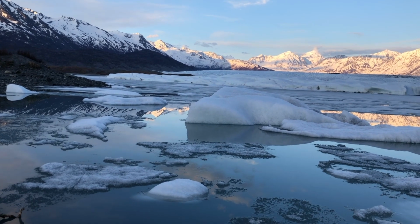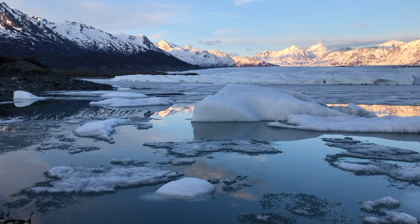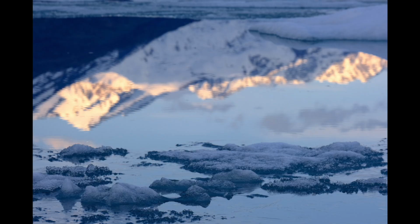And so I'm going to see what I can do with those. I'm going to put a long lens on, put that 55-200 on, and see what I can do with that. So as you can see, I isolated these little ice chunks, these little tiny icebergs, in front of the reflected mountains. I started with Velvia to give me nice, rich, bold colors, and then I switched to